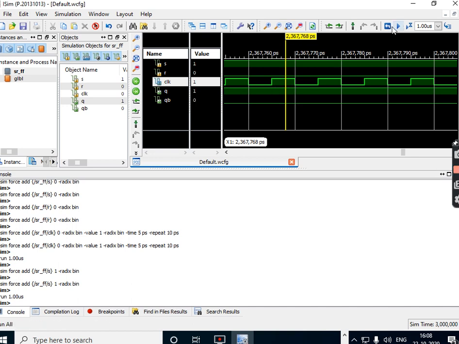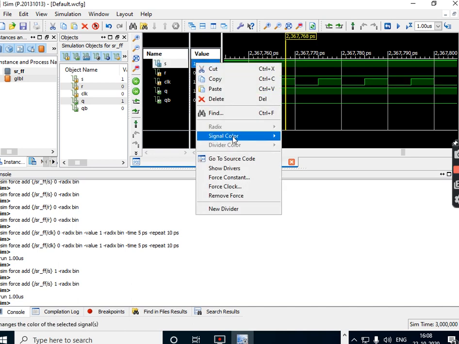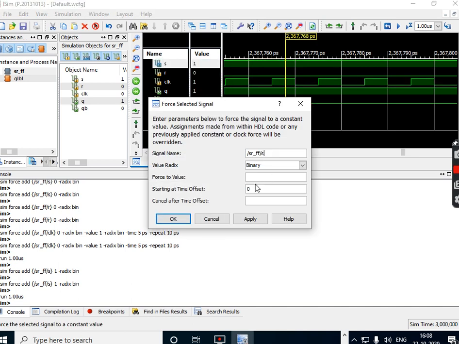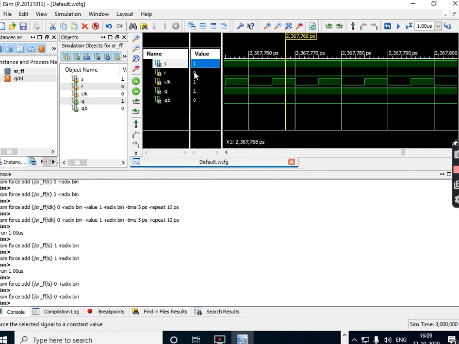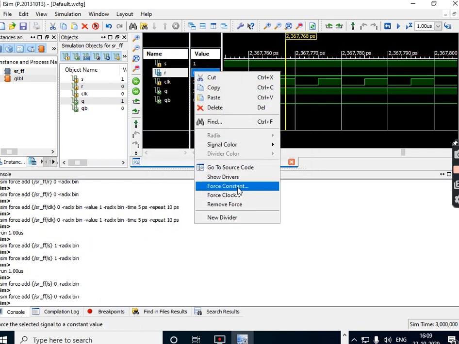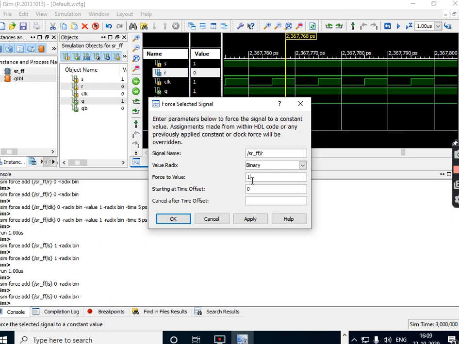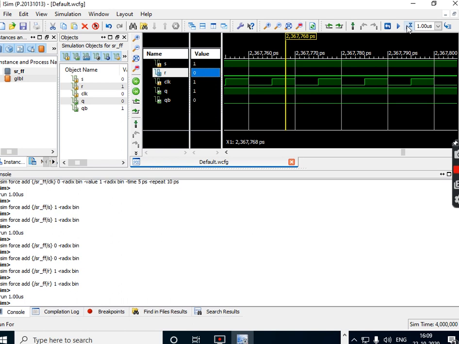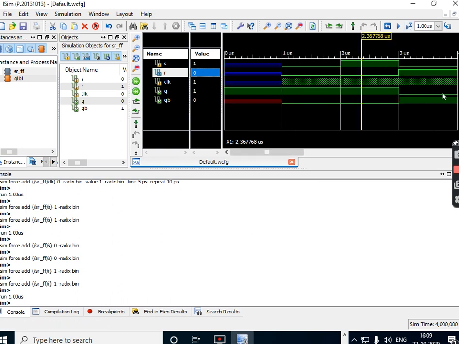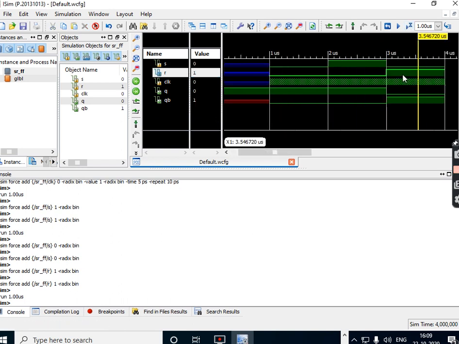Similarly, now if I change this S force constant, I'll make S as 0. Okay, apply, and R I'll make 1. If I make this 1, apply and say OK and run the simulation. Now to go to the third state right here.